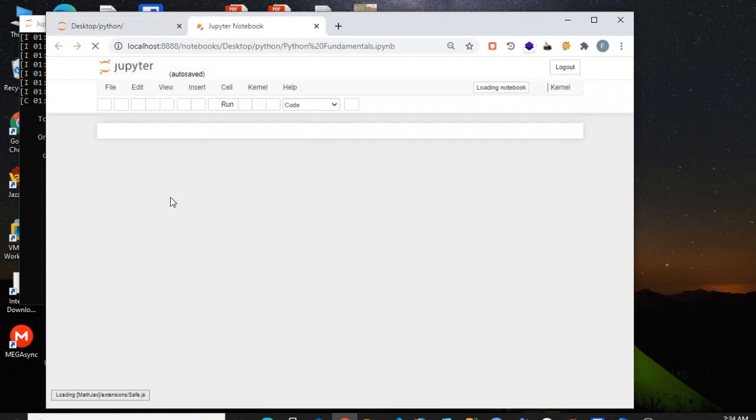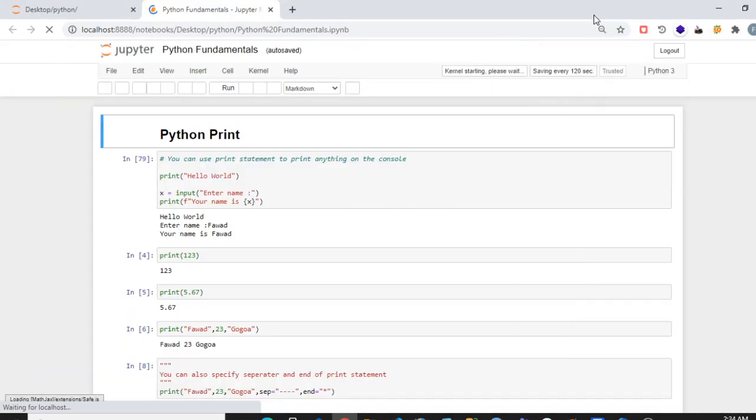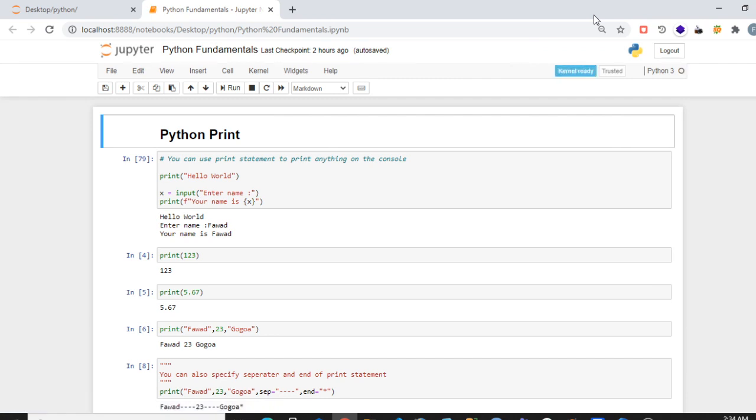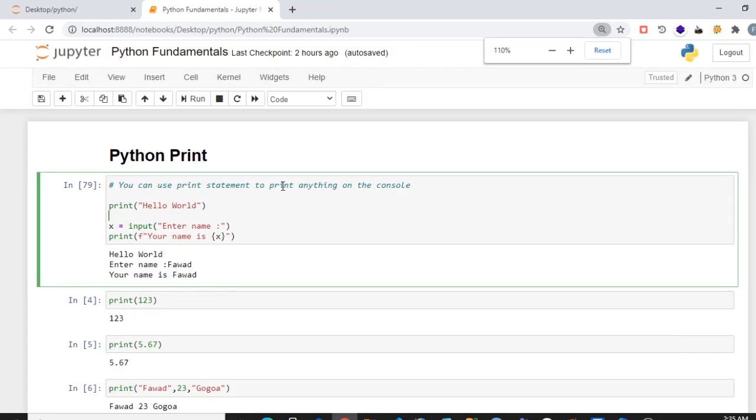I have already done the code, so in this video I will just explain the code to you. I'm using Jupyter Notebook, which is a compiler as well as a kind of notebook. You can create notes, so that it would be easy for you to read and understand. I have done all this before. Let me increase the font, so maybe that would be more readable to you.